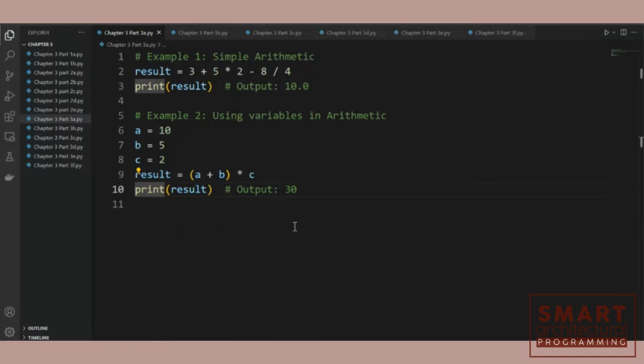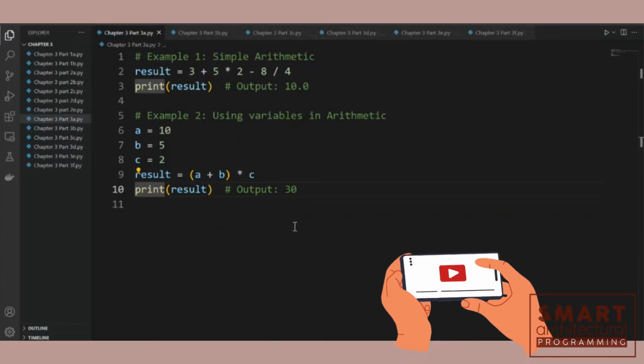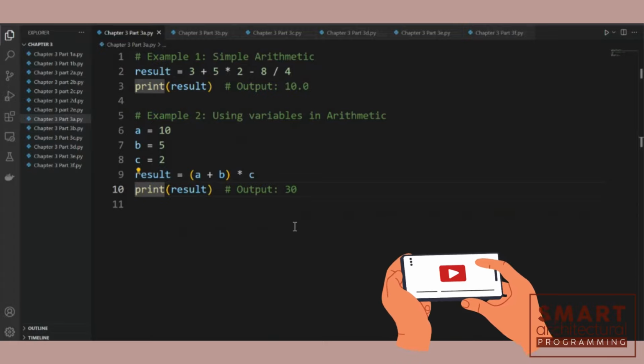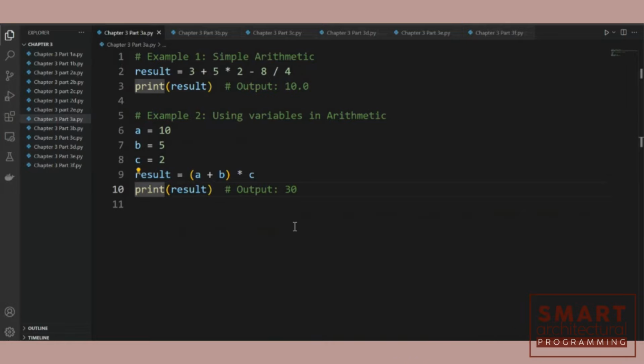The next sort of expressions that we're going to deal with are comparison expressions. Comparison expressions are those expressions that use comparison operators to compare values and return Boolean results. Again, look at video number 2, and I'm assuming you've also read through the entire chapter number 3 before watching this video. Comparison operators, based on what we learned previously, compare two values and give us a Boolean result, which is either a true or a false return, yes or no, basically,